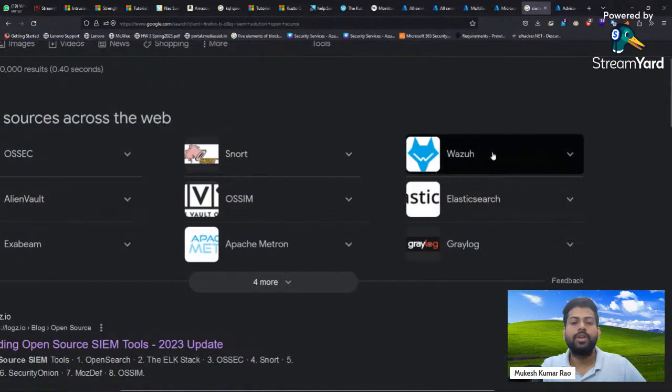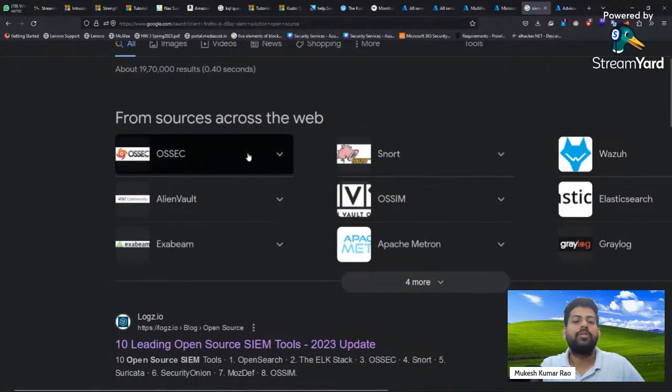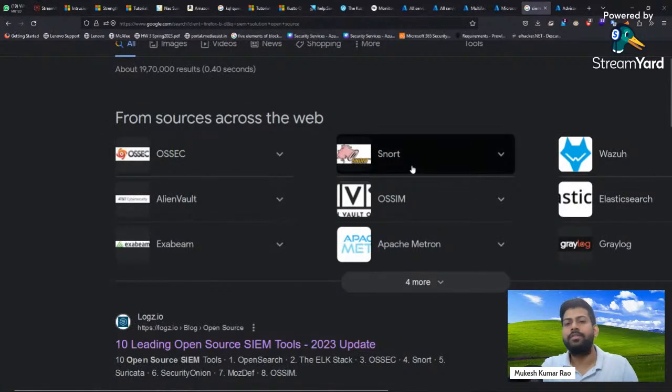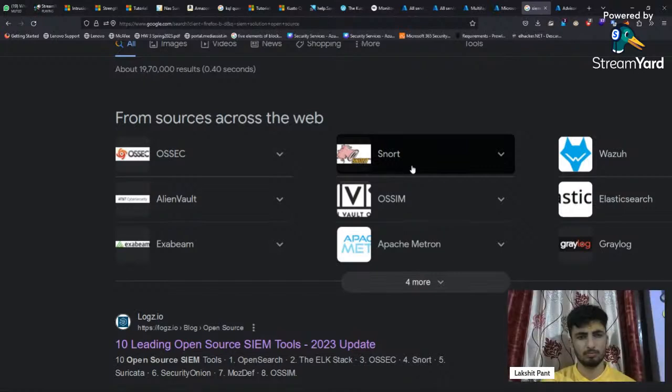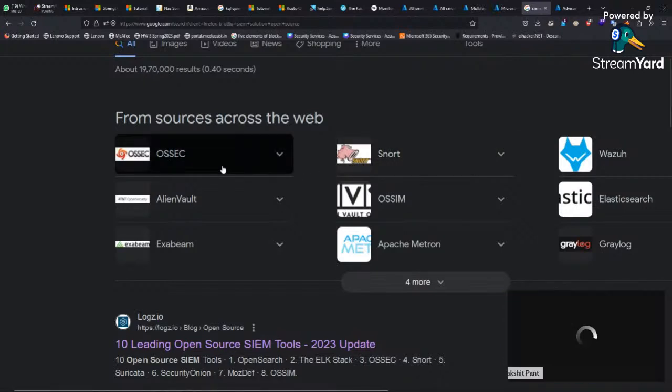I will showcase one live demo about Wazuh, how to install, how to configure, and integrate, in the last class. Or you can work through Snort, it's a very easy way. You just have to launch one Ubuntu machine, install Snort there, and then configure rules and policies. If any kind of attack happens, like somebody trying SSH brute force or FTP brute force to bypass the username and password, that will be detected in Snort. That thing you can integrate. Or OSSEC is also a good platform to work with.